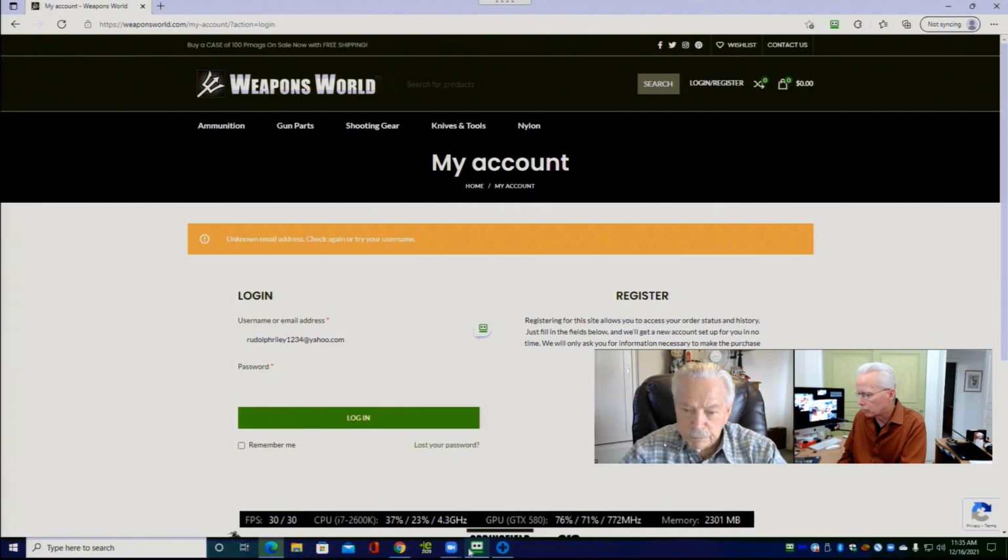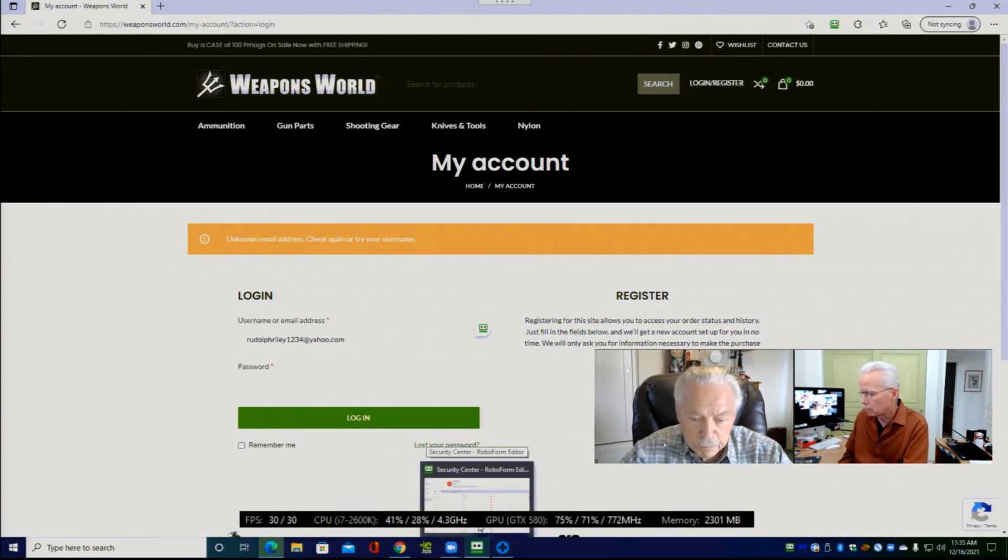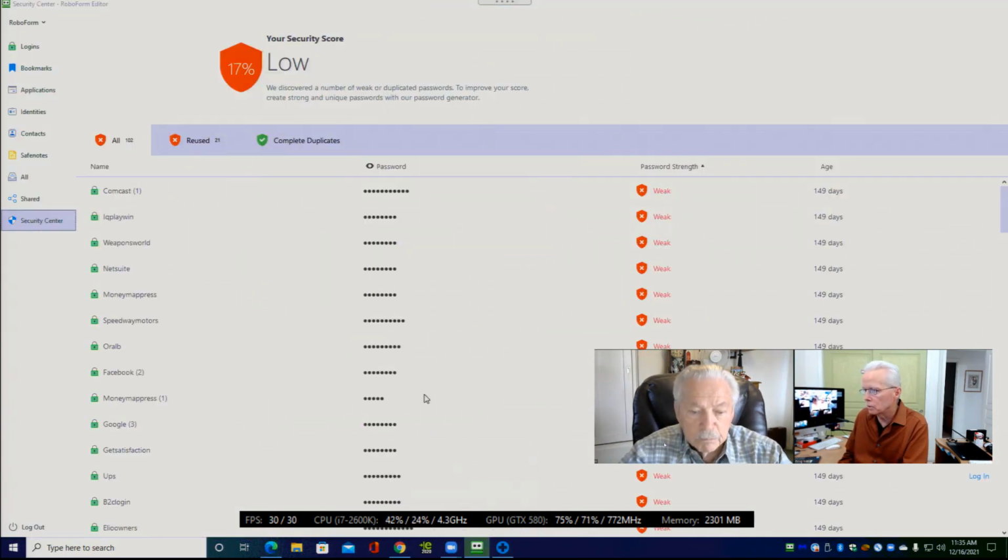more at RoboForm. Now I see down here it looks like we have RoboForm still open. Yes, we do. So now this Weapons World, it's indicating a weak password, and I'm suspecting that's because you actually didn't do anything there.